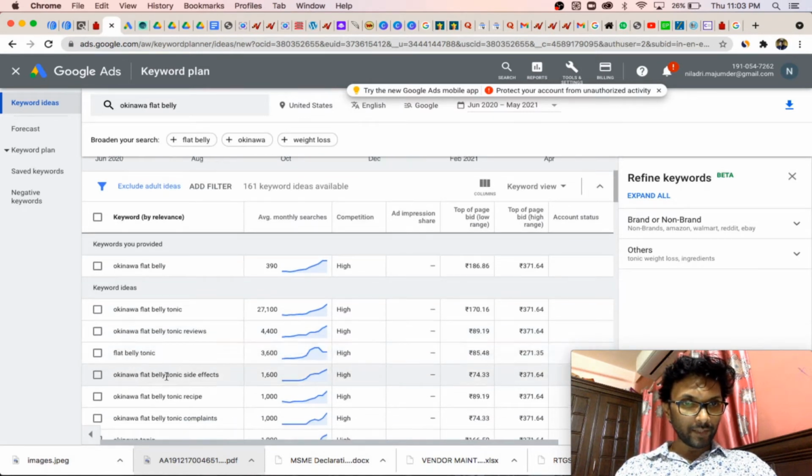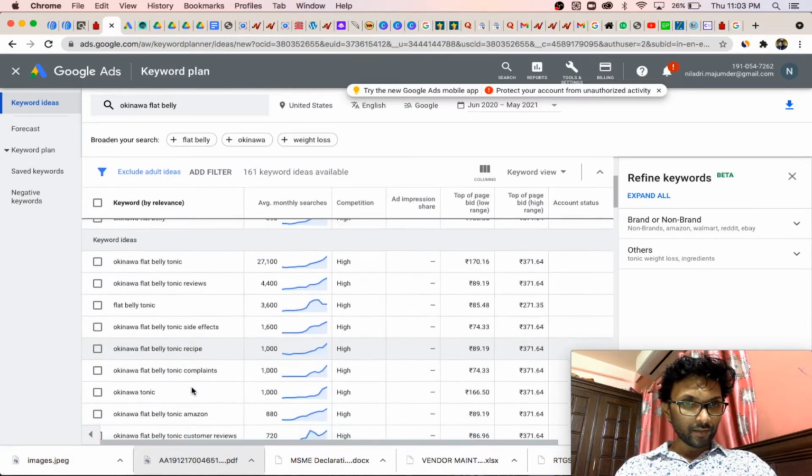Okinawa flat belly tonic side effects, no, side effects is not required. So this kind of keywords we will use there.